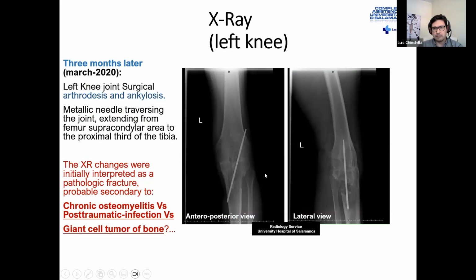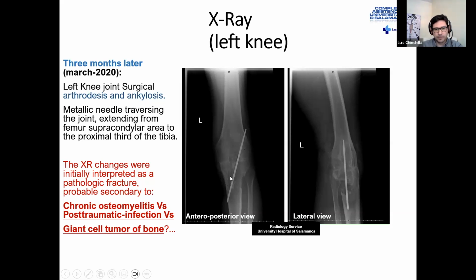saw probable chronic osteomyelitis versus post-traumatic infection process versus giant cell tumor in the differential diagnosis of radiologists, probably because of these changes here. But this is a very complex knee, right? Because the patient suffered an accident 36 years ago, and you can see the ankylosis and the arthrodesis